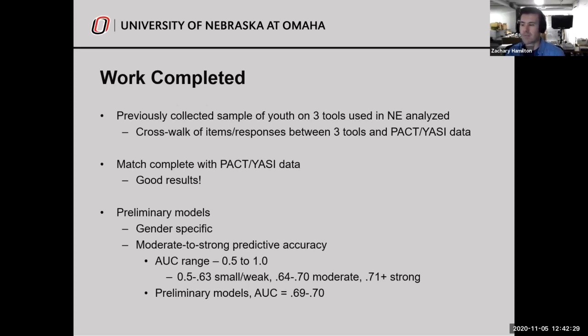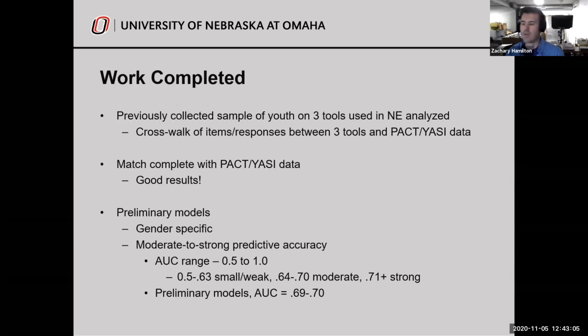1 is perfect prediction, and maybe being able to have an accurate prediction every single time, so that you would know when somebody would recidivate and when they would not. And what the field has established are that there's 3 or 4 ranges of AUCs that you can identify to say how strong your tool is at predicting future recidivism. Between 0.5 and 0.63 is considered small or weak prediction strength. Between 0.64 and 0.7 is considered moderate, and 0.71 and above is considered strong.